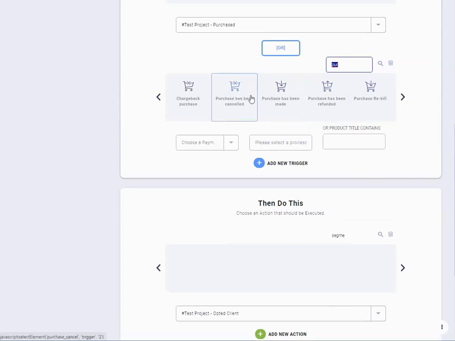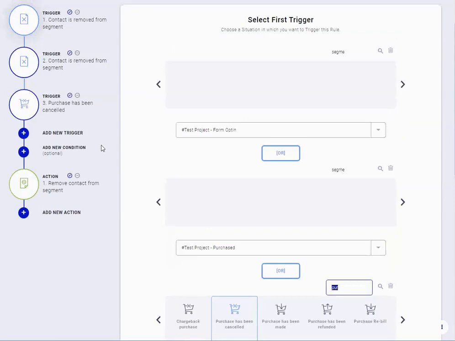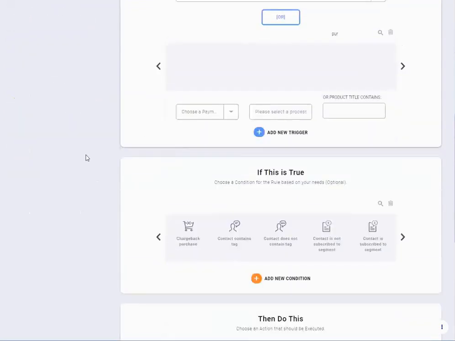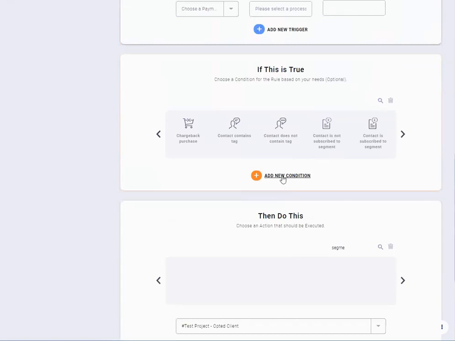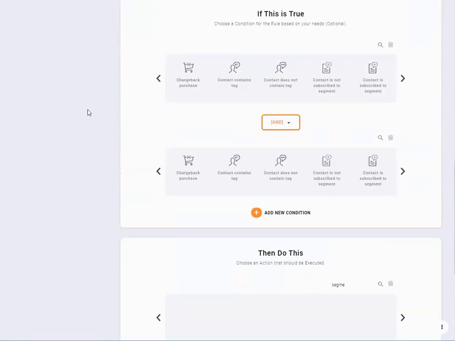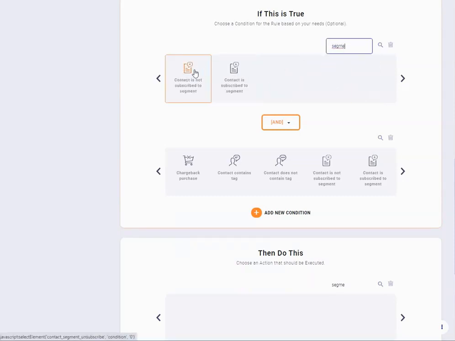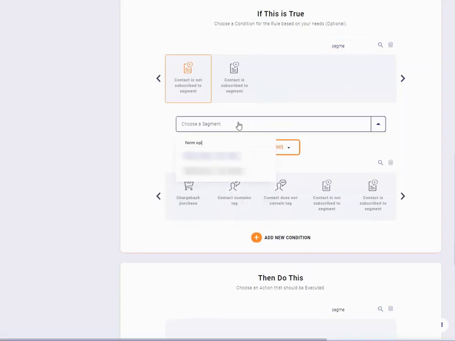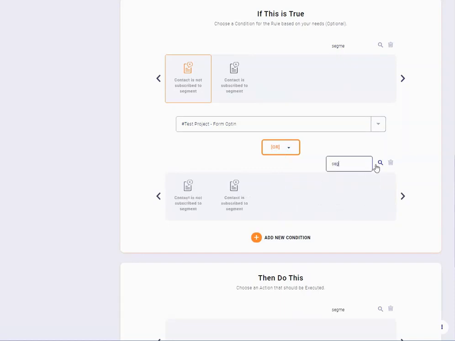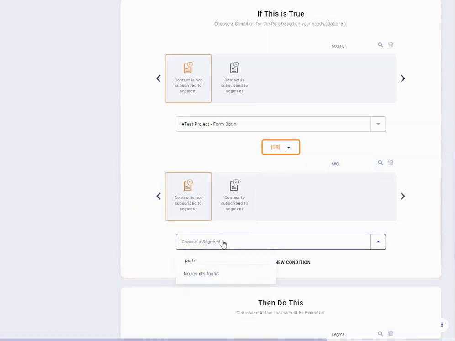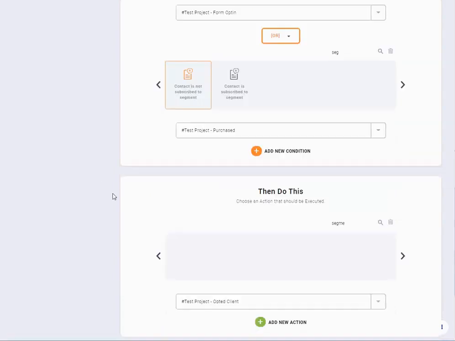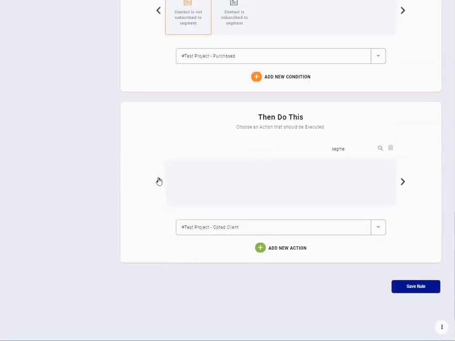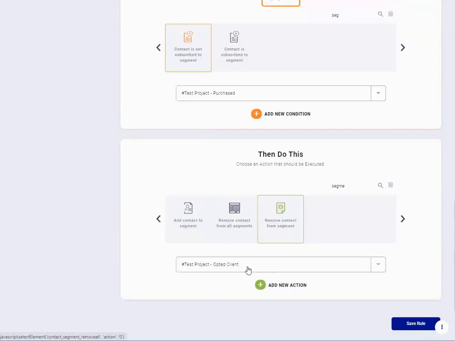So if we have another trigger, then it's good basically to add a condition and check here basically the criteria of the advanced segment. In this case it will be like we choose segment, so contact is not subscribed to segment form opt-in, or again segment, so it's not subscribed to purchased, then remove contact from segment basically.